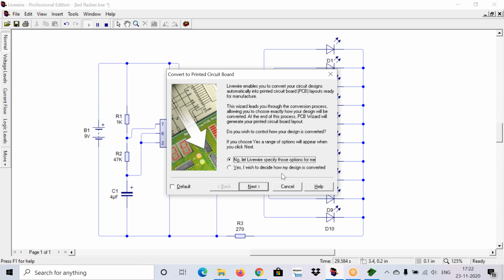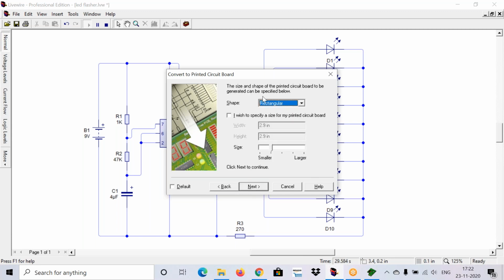Nothing but we can give the shape of our board and we can give the track width. Like that we can change our own values and instructions. If you change this option, we need to give some values or some instructions for the auto router. Now change this to yes and click on next.